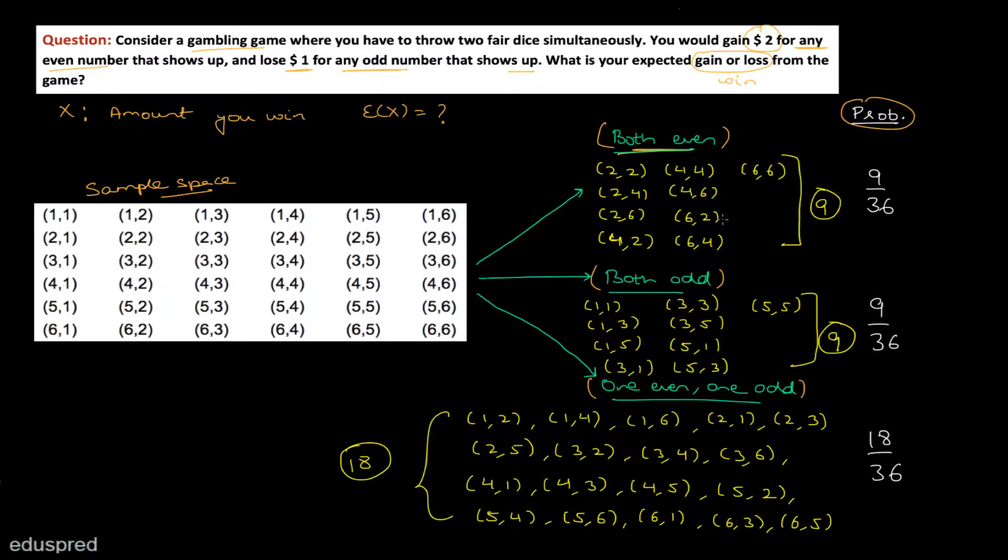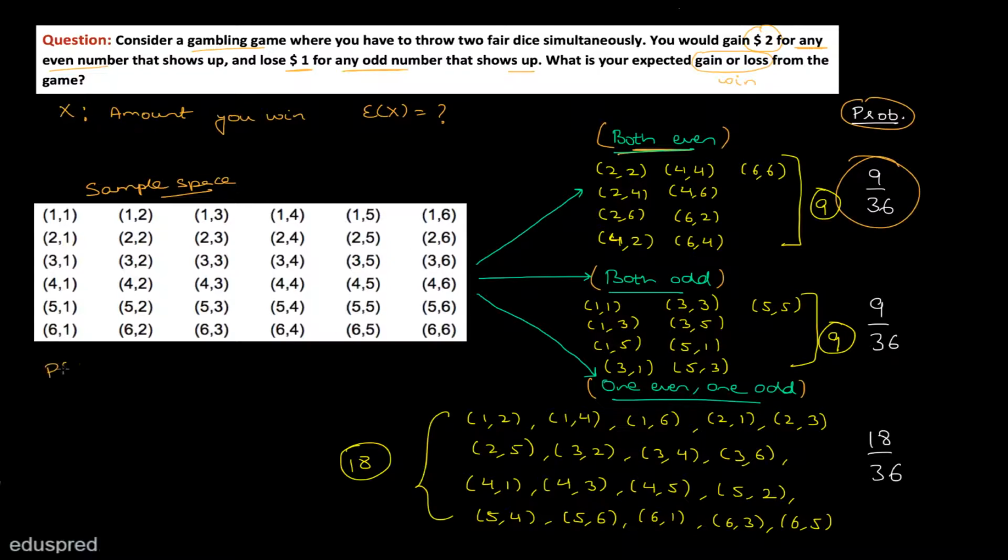Now see, I'm able to write things in this manner because I had a lot of time to create this question, right? You will not have that much time in the exam when you're solving this question. So you might not be able to create this sort of visualization in the exam. So in the exam, when you create these three cases, you will have to figure out the number of cases that both are even in an intuitive manner instead of writing all of these possible outcomes. Okay, I have written possible outcomes so that you could see it properly. In the exam, you can use your basics of probability to find these probabilities in less amount of time.